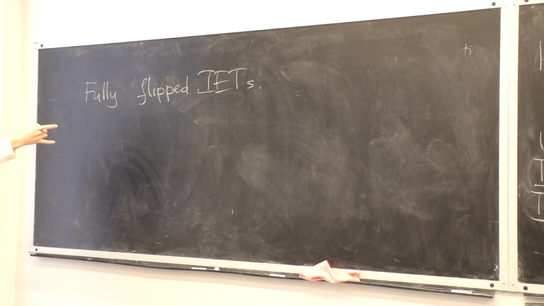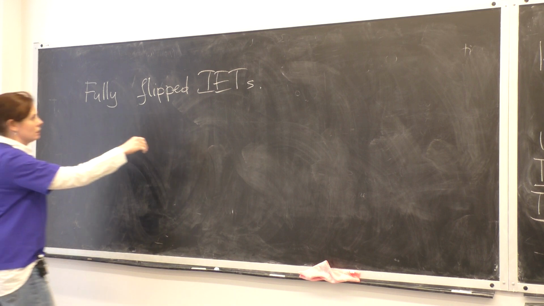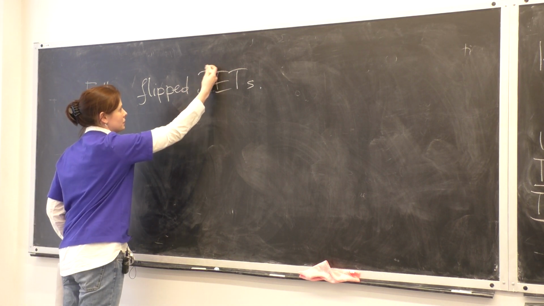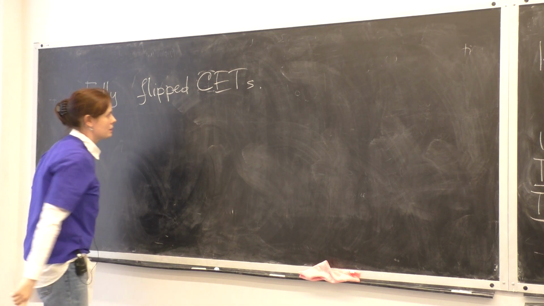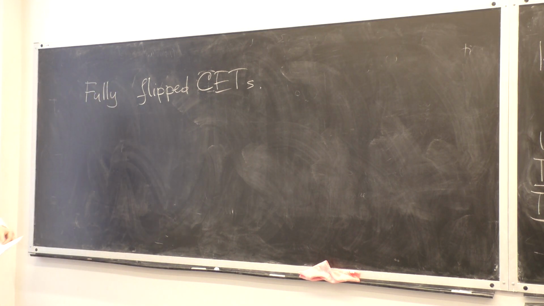Actually, up to now, I always lived at the interval, but I don't want to do it anymore. I want to move to the circle. So these guys will live at the circle, so instead of interval exchange, I will write circle exchange transformation. Nothing changed, just 0 and 1 is the same point for me starting from now. And what will happen is the following.